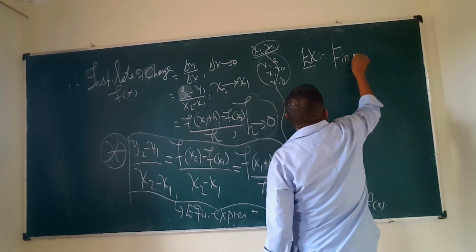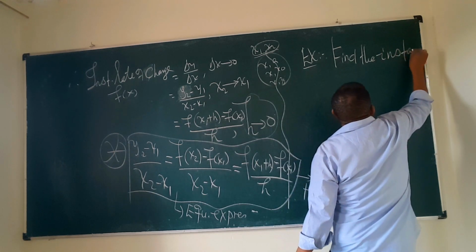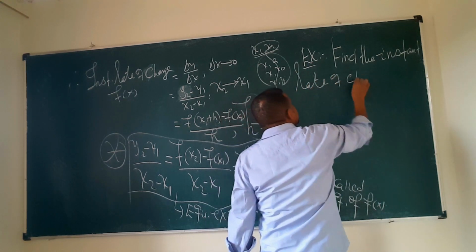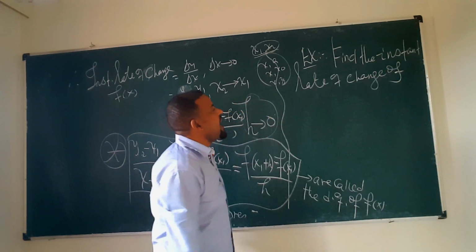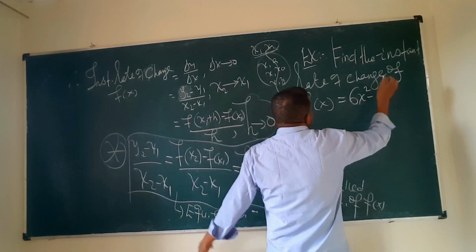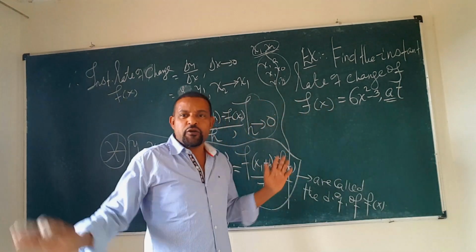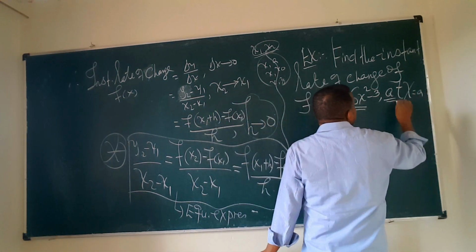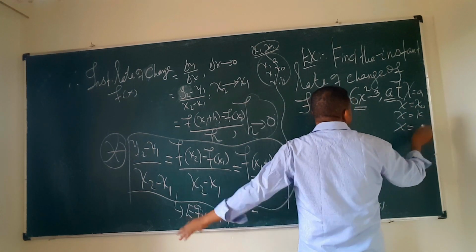Find the instantaneous rate of change of a function f of x equal to 6x squared minus 3 at any point. This is a function, so at x equal to, for example, a, at x equal to x naught, at x equal to k, or at a particular x, at 4,